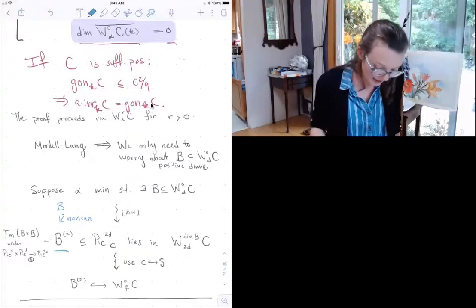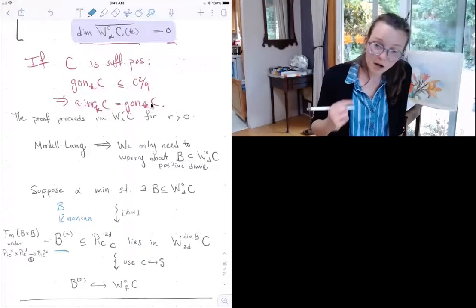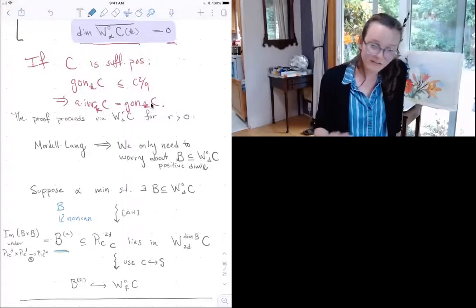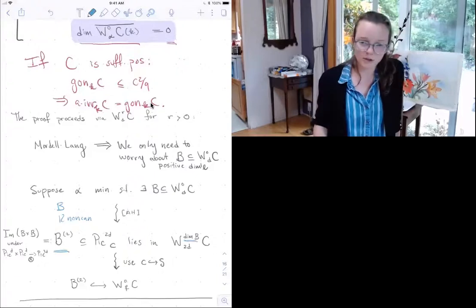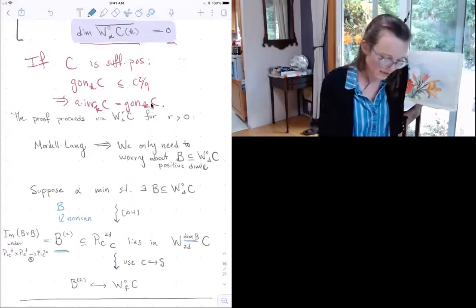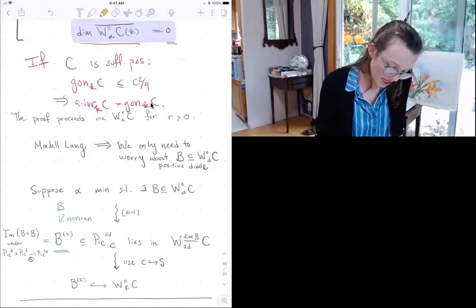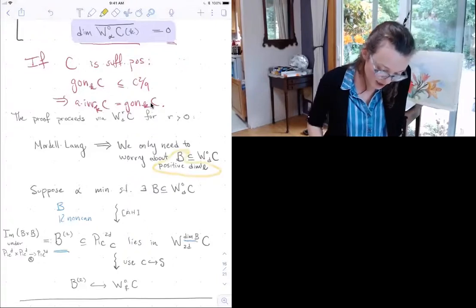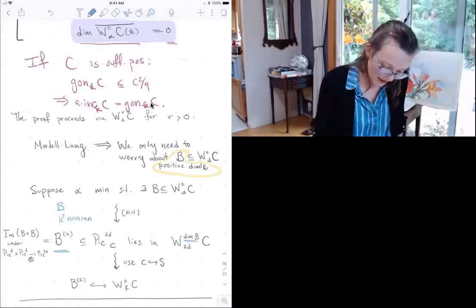It a priori lives inside W^0_{2d} of the curve, but in fact, it lies inside W^{dim B}_{2d} of the curve. And so you see that by our assumption that B was positive dimensional, we know that this is